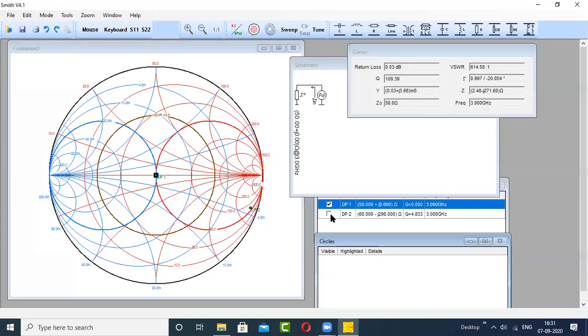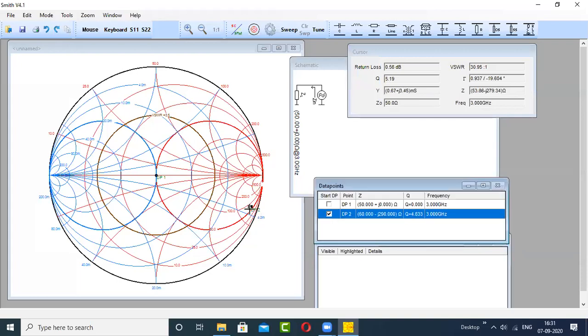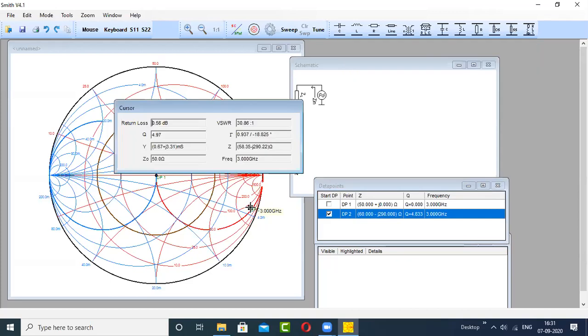So for that, I will click this point and place the cursor here to know the SWR. So you can see it is 30.8, or 30.9, almost both.